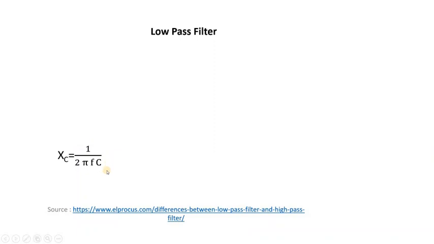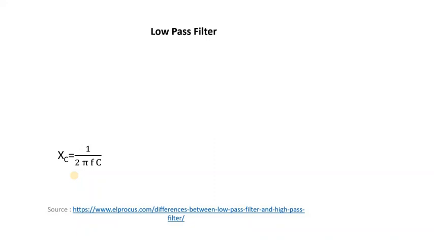This is called capacitive reactance. It is the reciprocal of 1 by 2 pi Fc, where F is the frequency of operation and C is the capacitance used in the network. From this formula, we are aware that at low frequencies, for DC, Xc is almost infinity. So your capacitor offers very high impedance at low frequencies, so it does not allow anything at low frequencies to pass through it. This is what we are going to use in this particular